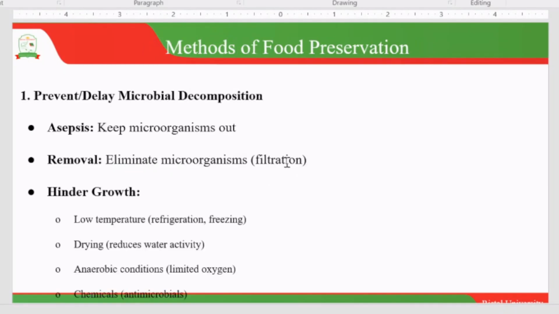Okay, so let's look at methods of food preservation right now. We are looking at being able to prevent or delay the microbial decomposition, and